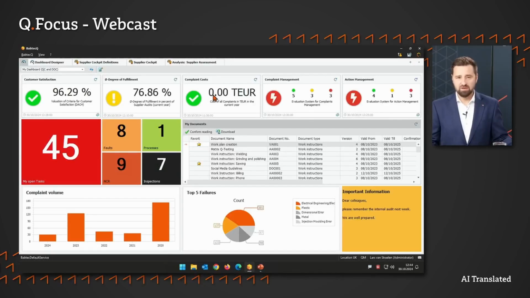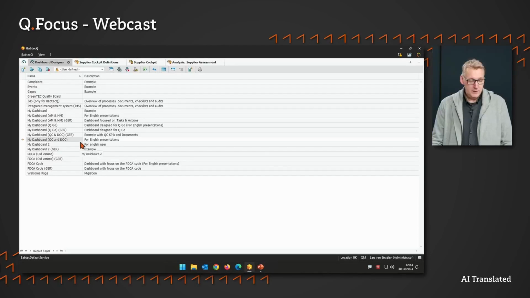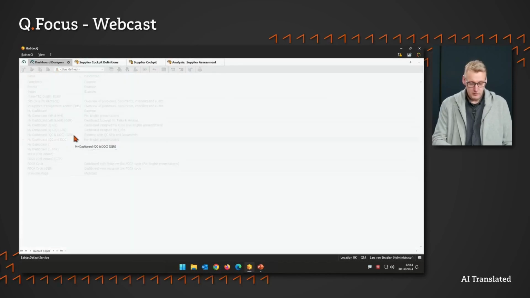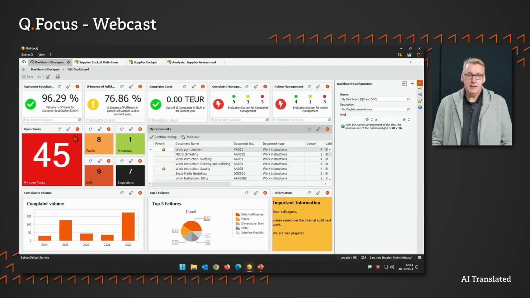So how do we create such a dashboard, or how are changes to dashboards handled? Let's take a quick look and demonstrate how you can make a change to the dashboard. I've started what's called the dashboard designer. You can see it up here. I select the dashboard that we were just looking at, switch to edit mode, and at first I actually see the same view that the consumer sees. The only difference is that on the right side I have configuration options to modify individual tiles or add new